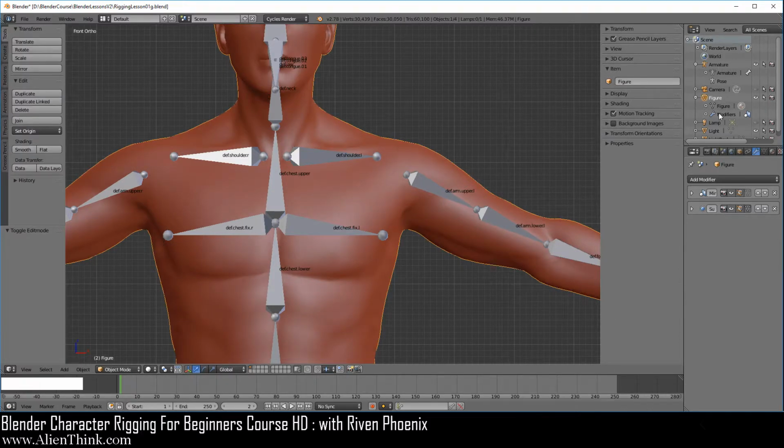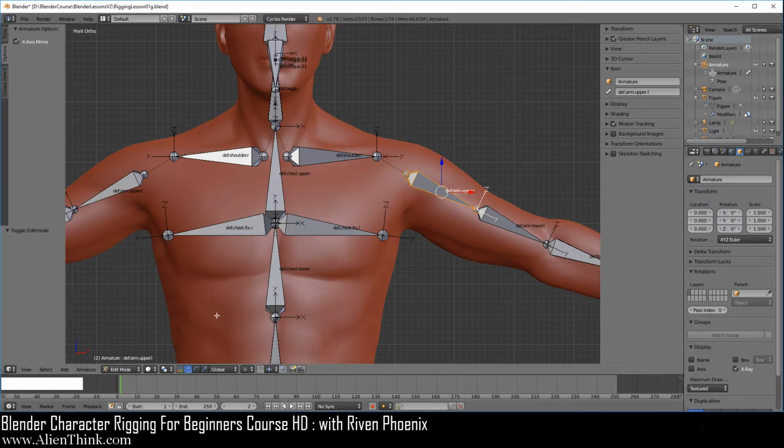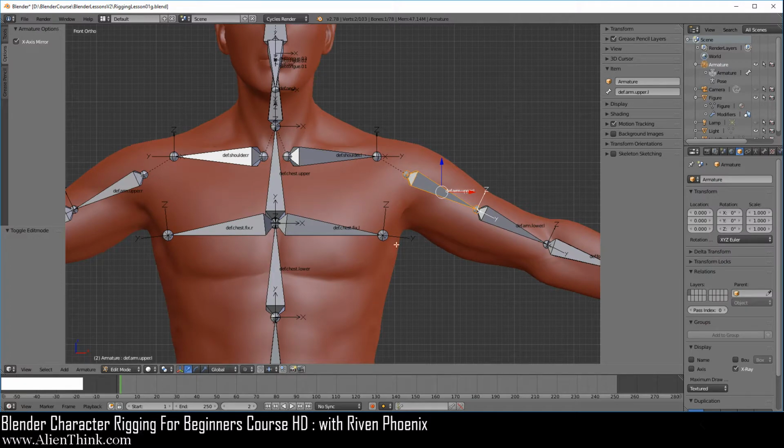Okay. Now, what's important to understand here, it works a little differently when you're switching between objects. Meaning that if we click on the figure to go into edit mode, and if we click on the armature, it'll go directly to edit mode. Now remember, we are already in edit mode on the armature. Go ahead and click on the figure. Now click on armature. Notice that it just switches very quickly. Now go ahead and click on pose. Notice that we are already on pose now.